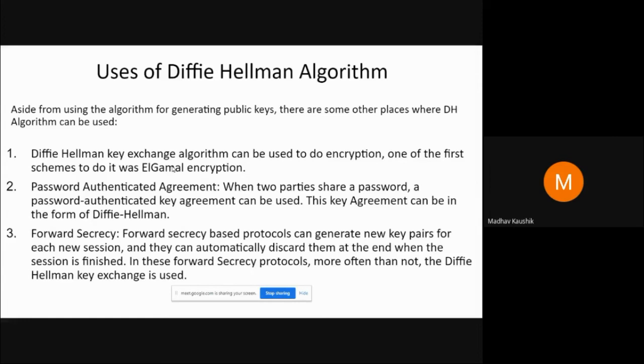Now if you were generating private keys randomly for each session, and even if the private key is compromised, well, then the information leakage will be only for that session. And for forward secrecy, we use Diffie-Hellman key exchange. The keys that we are generating are basically ephemeral, which means that they last for a short period of time. And so we can achieve perfect forward secrecy. I hope you got the concept.